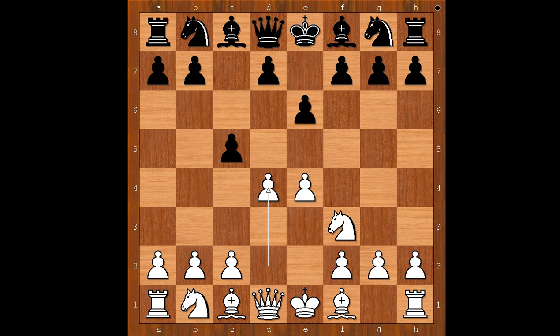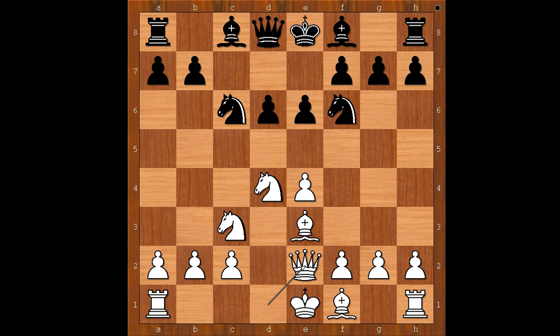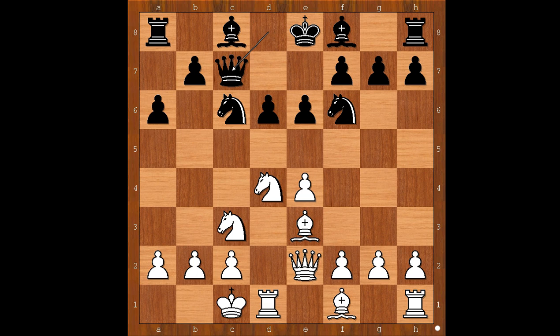e6, d4, c takes on d4, knight takes on d4, knight to c6, knight to c3, d6, the Scheveningen variation, bishop to e3, knight to f6, white to move, queen to e2, intending to castle queenside, a6 preparing b5 and the pawn storm. Anand castled queenside, queen to c7, g4.